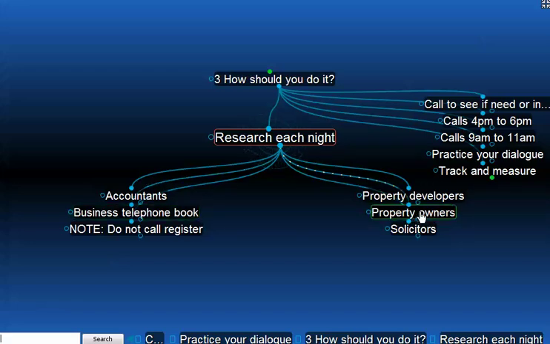If you look at this one here, you say, well, what sort of targets should you set a day to contact property owners? Now, I would say if you target 1 or 2 property owners a day, that's a good thing. That's because there's a fair amount of research required behind those contact processes to find these people. Over here, you can phone 40 or 50 of the local business proprietors quite easily out of the telephone book. So that's easy, that's slow.